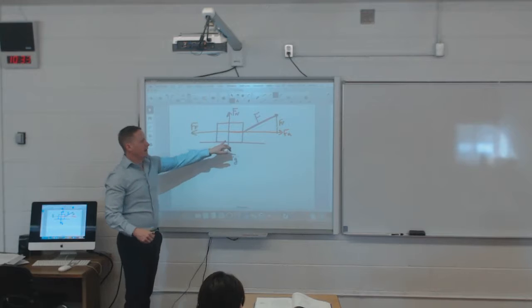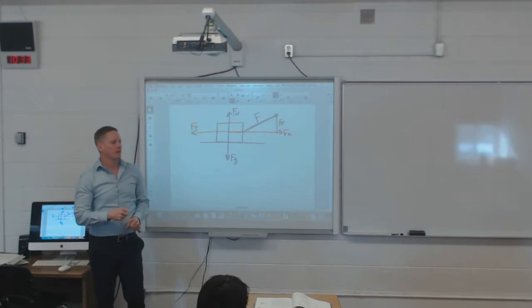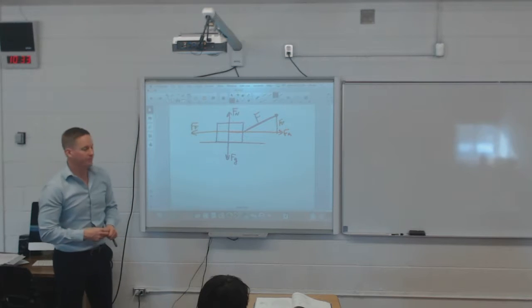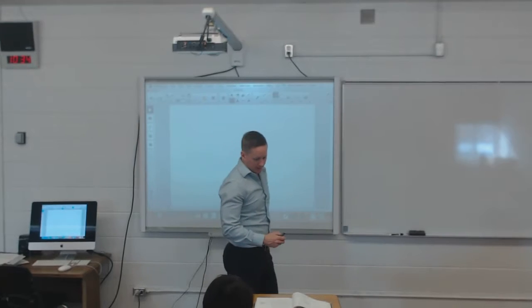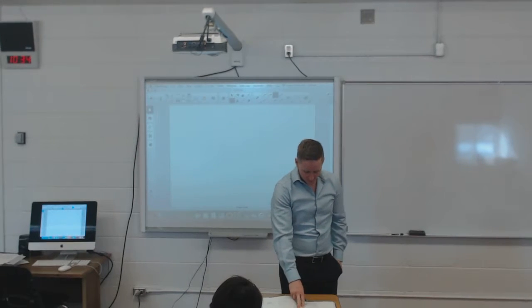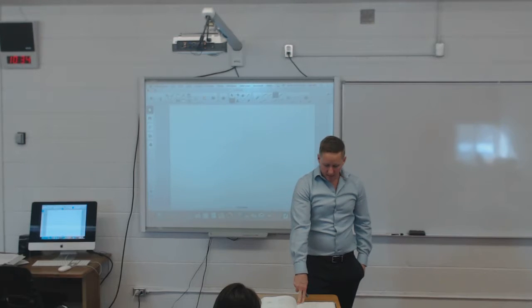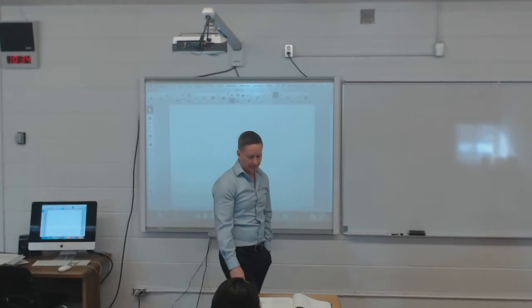One of the very first things that you should do in all these questions is draw your free body diagram. It will go a long ways to helping you solve the questions. All right. Have a look at page 136. An object with a mass of 15 kilograms rests on a frictionless horizontal plane and is acted upon by a horizontal force of 30 newtons. What is the acceleration?